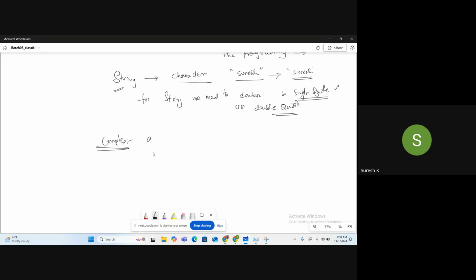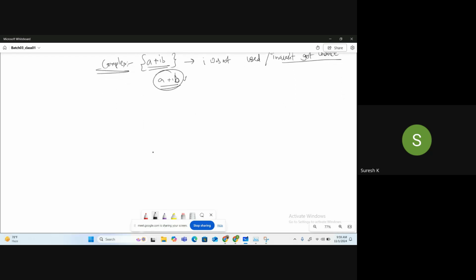Complex is nothing but the a plus ib form. In my whole career, I have not used this one. I haven't got the chance to work with it. It's a complex number. I'm not focusing more on this.